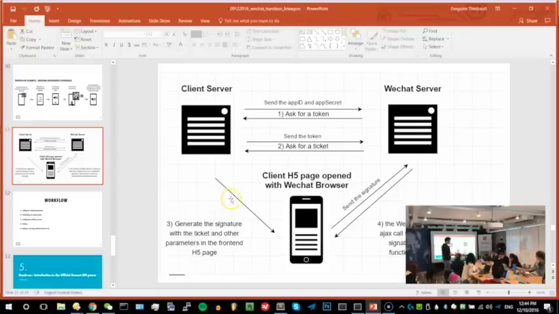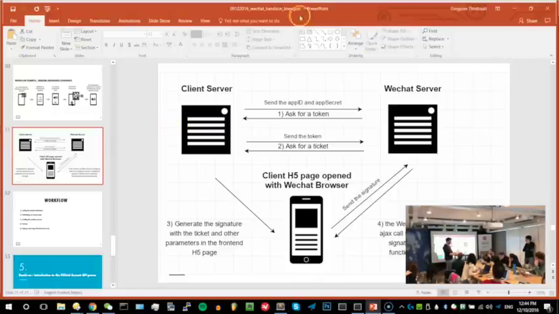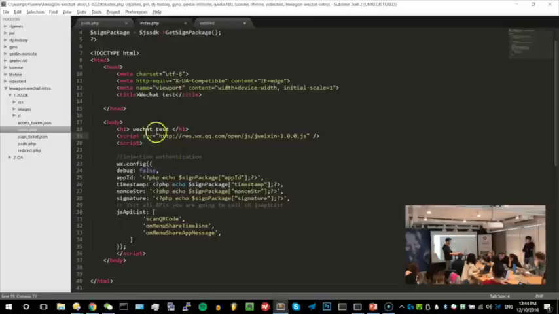So what we're gonna do right now is this part. We're gonna communicate with the server, send the signature, and that allows WeChat to let us access the functionalities first. And second, we're gonna actually make those functionalities work. So how to communicate with the server, right? That is the role of this guy. This guy is communicating with WeChat servers, and the second role of this guy is making all those functionalities work. So this guy needs to have information.